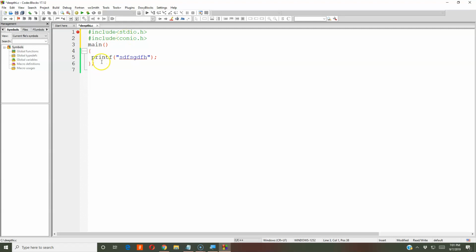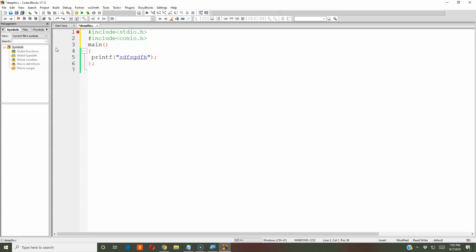Okay guys, this is nothing but your source code. This will be converted to machine level only with the help of the compiler, that is your IDE. Now, in order to run this source code, you have to first build this. So how will you build?